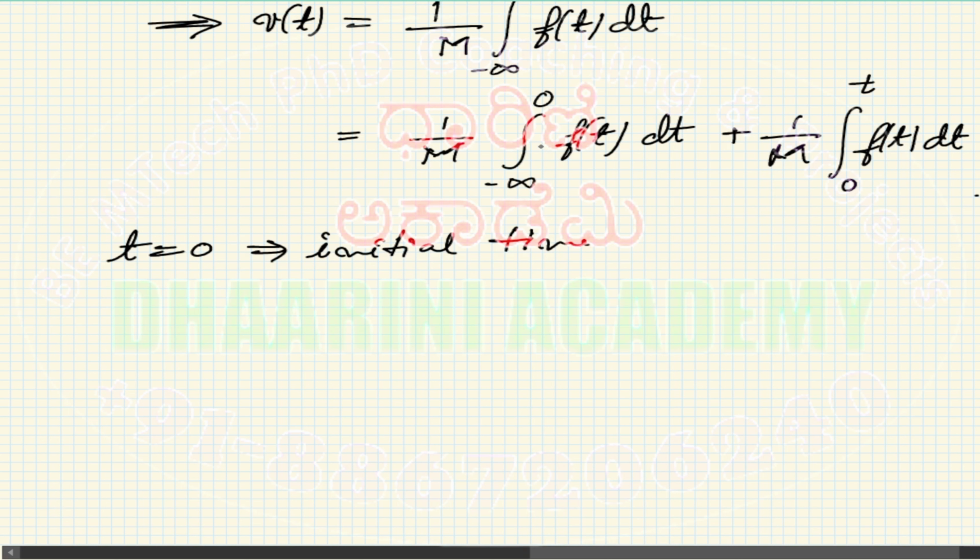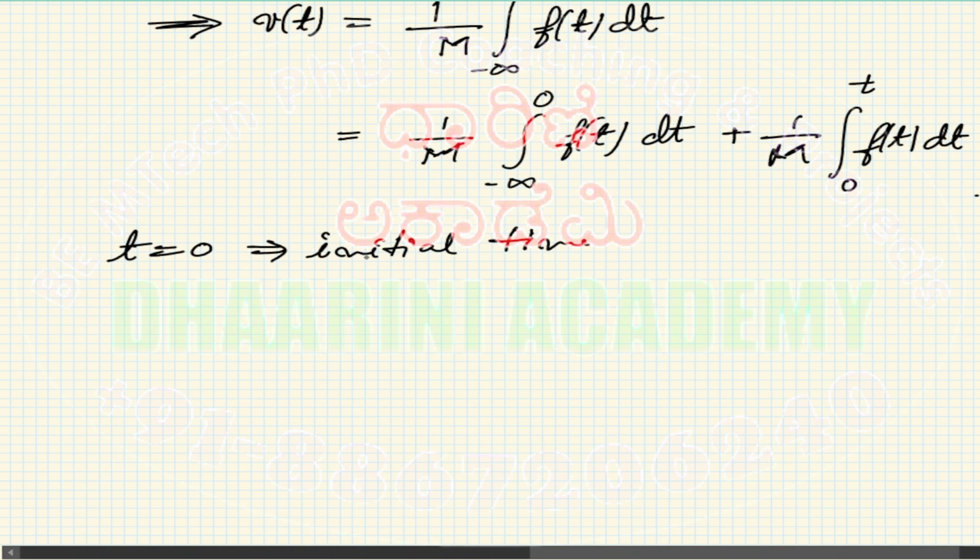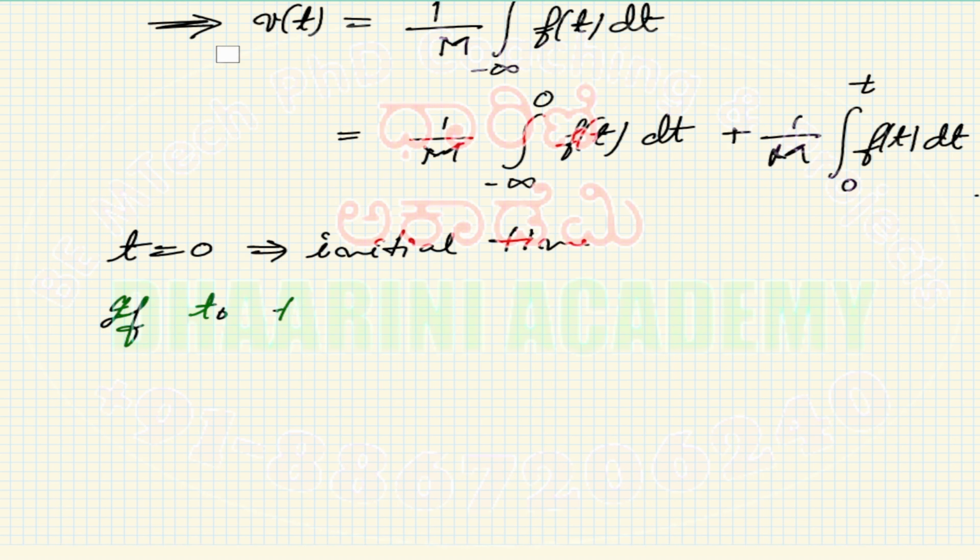You can write that as well, because sometimes there may be a delay in applying the force. Force is applied at t equal to 2 seconds, possible. So if that is the case, I'd like to write it in general. So t equal to 0 is the initial time. Let's denote it by some other value, t naught. If I say that t naught is the initial time,